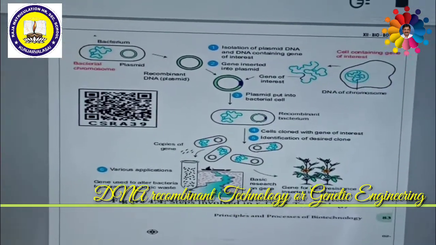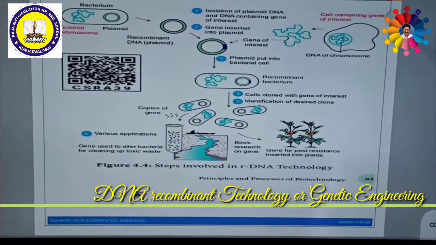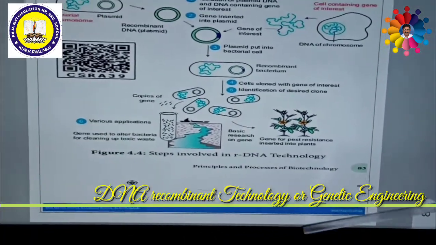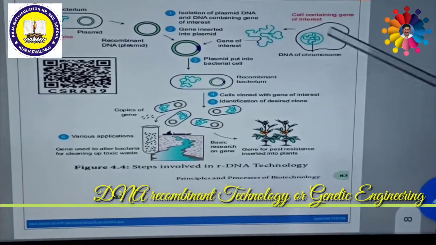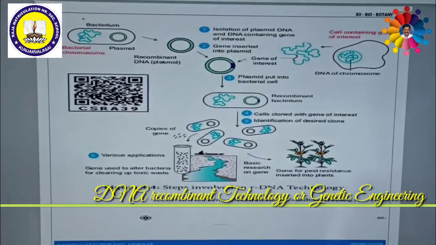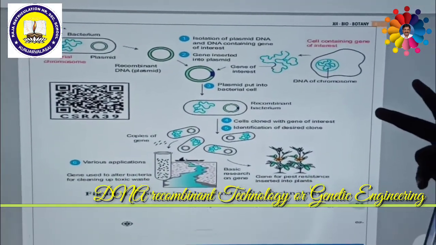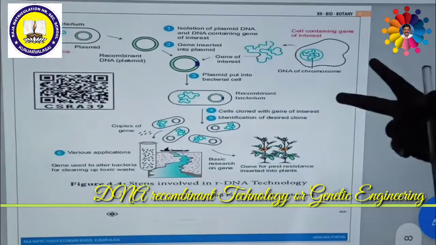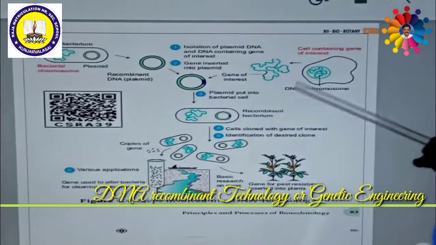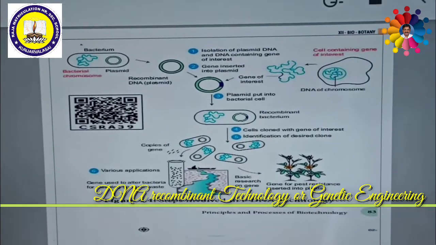In order to do this process, basically we need certain enzymes. A lot of enzymes are required. Among them, two important enzymes, namely restriction endonuclease enzyme, which acts like a microscopic or molecular scissor, which can cut the DNA wherever it is required. So this is an enzyme which will be used to cut the DNA. That enzyme is called restriction enzyme.